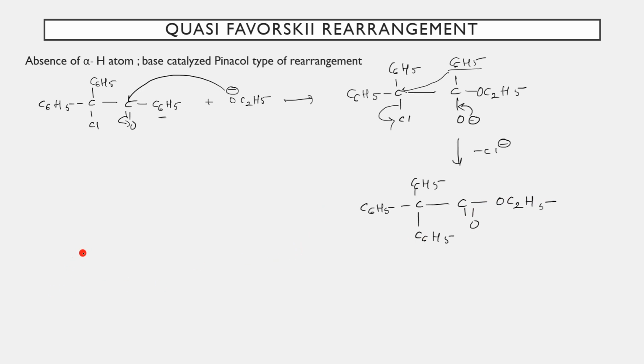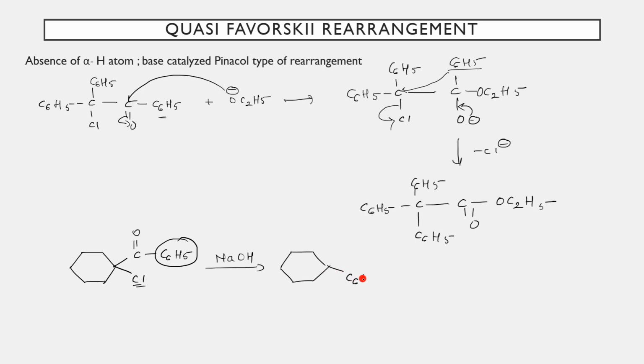I'll give you one more example. Let's take this example. This is also not having any alpha hydrogen atom. And now I'll write the product directly. What I told you, just shift the whole group to the carbon having the halogen. Done. Then that C double bond group is left. Now take it from the base. If it is hydroxide, sodium hydroxide, potassium hydroxide, just put OH. Done. This is how you're going to quickly write the reactions without writing the mechanism.